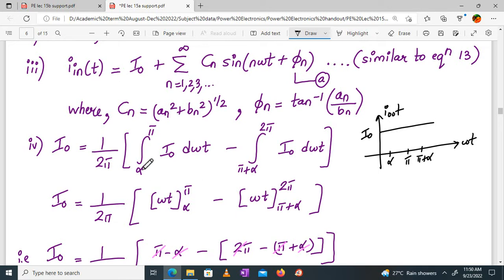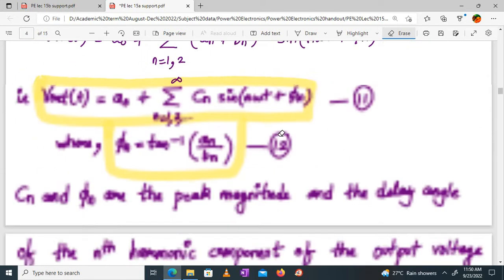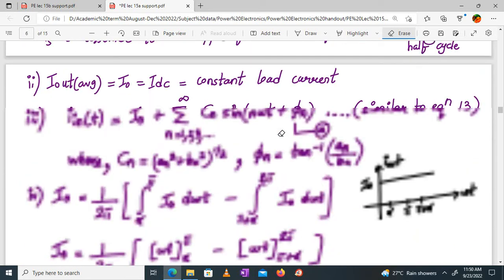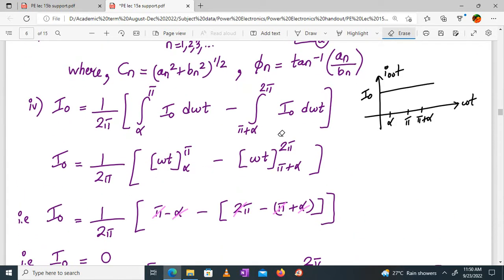So we defined a period from alpha to pi and then pi plus alpha to 2 pi. यही period क्यों? Because between 0 to alpha and pi plus alpha to 2 pi plus alpha, your input source current is 0. मतलब वो constant. नहीं, या आउटपुट वोल्टेज इज 0. आउटपुट वोल्टेज इज 0. हाँ,